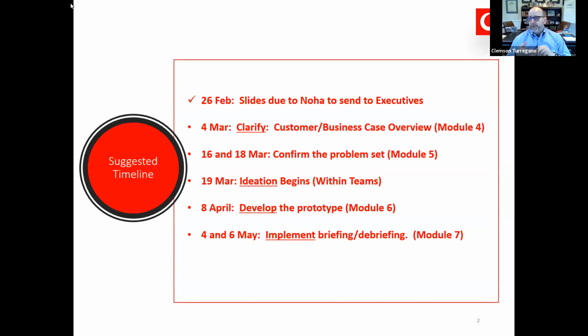What we'll want to do over the next 2 weeks is confirm the problem set. We want to make sure we are all clear and aligned as a team on what the problem is that you're solving. One of the biggest challenges that face innovation teams is lack of clarity about the question they want to answer. If you can be clear about the question you want to answer, you can move much more